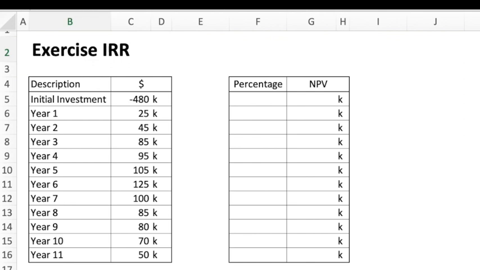I have here the exercise with an 11-year investment period with an initial investment of 480K, and you see I put there the minus sign. I need the minus sign for later calculations. We have for year 1 25k, year 2 45, 85, 95, 105k, 125k, 100, 85, 80, 70, and in year 11, for example, we sell the project with a remaining value of